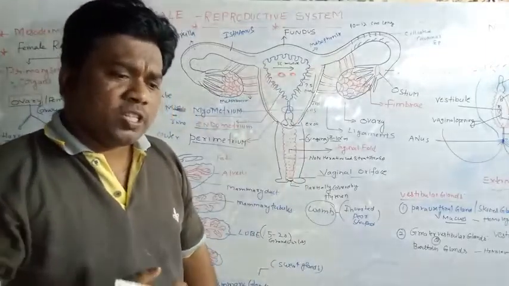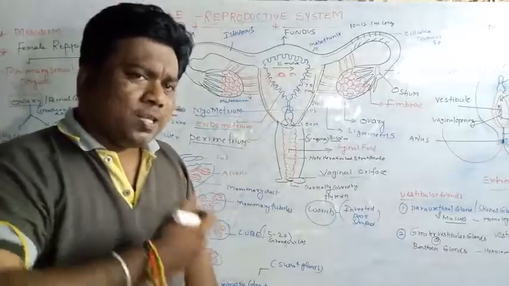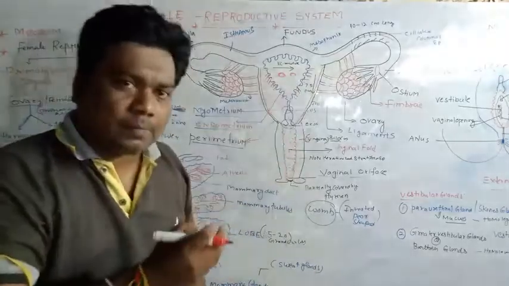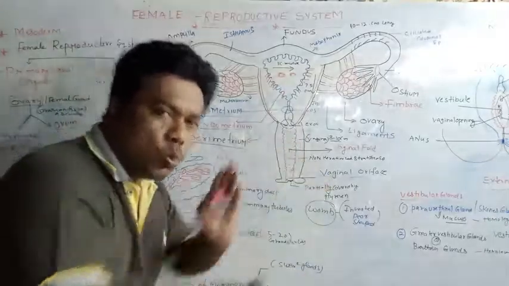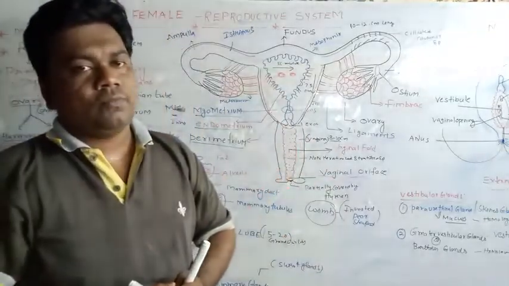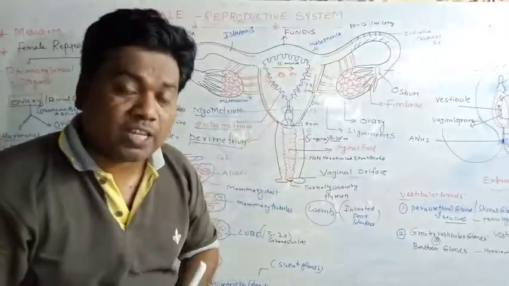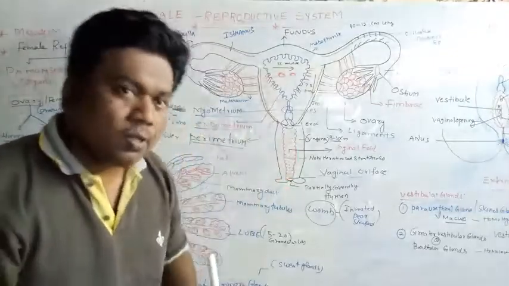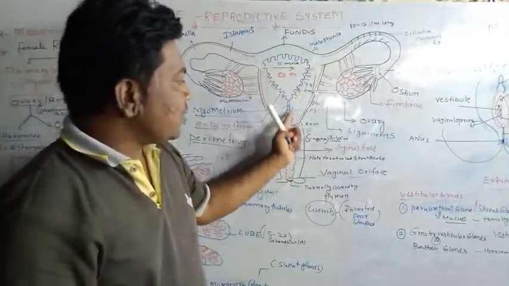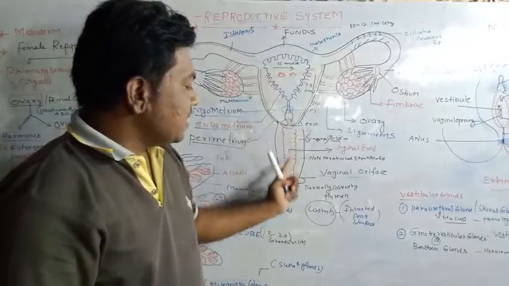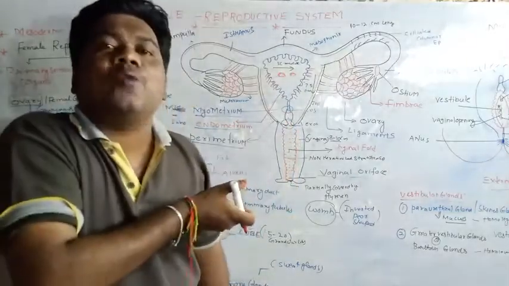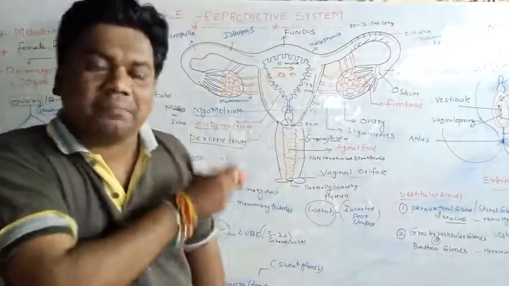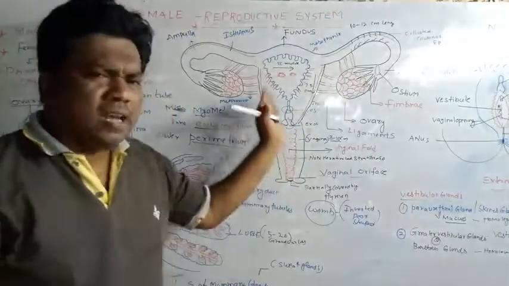Okay, so during the menstrual cycle, what happens? These blood vessels rupture. Due to the rupturing of those blood capillaries, blood oozes out during the menstrual period. That is called the menses period. The blood enters the cervical canal, then enters the vagina, and through the vaginal pore it is expelled outside. That is called bleeding, right? This is regarding the uterus.